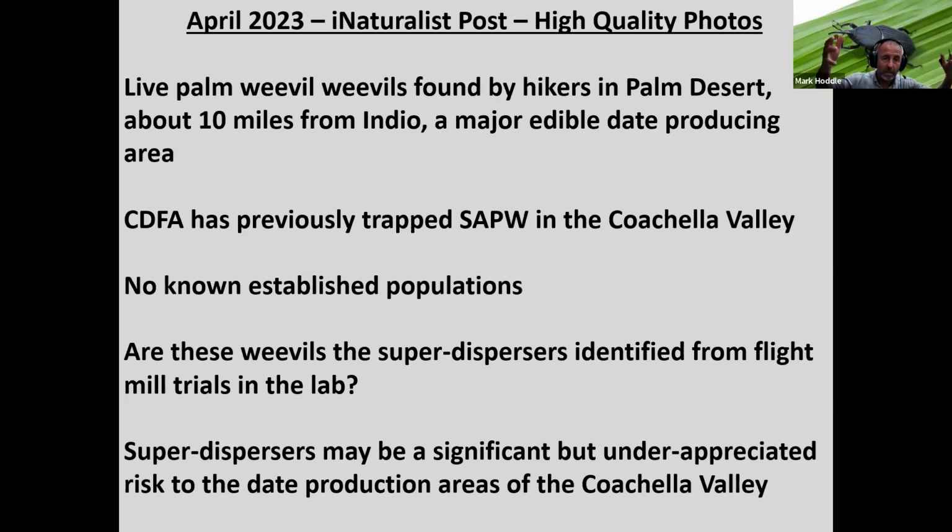And possibly at some stage, they'll find a susceptible palm tree, one gravid mated female will colonize that palm tree, maybe a Canary Island date palm in Palm Desert, maybe a Canary Island date palm in Palm Springs, and then that'll be the beginning of the infestation. They will colonize those palms, and then they will start putting very heavy pressure onto the edible date production areas